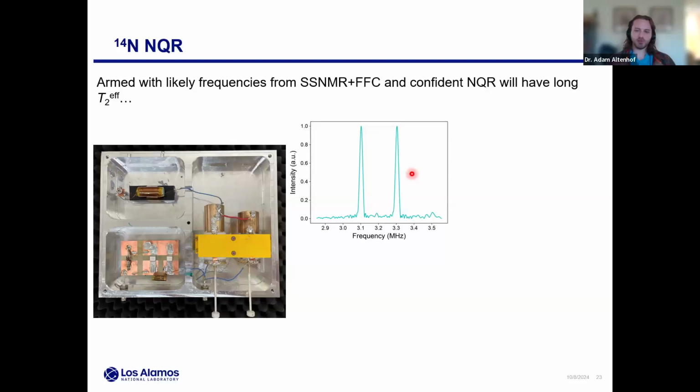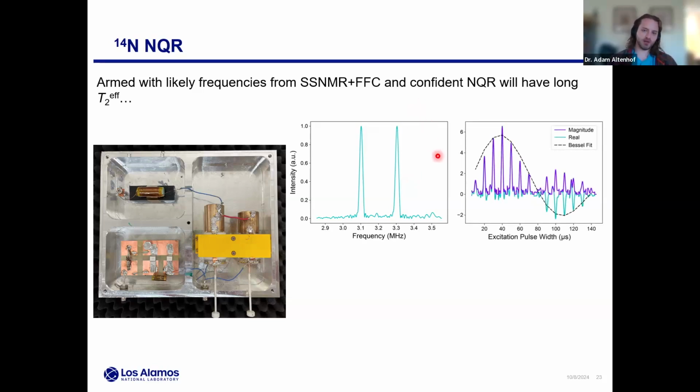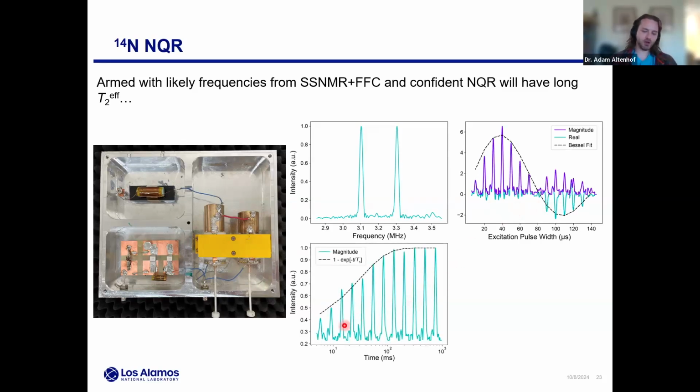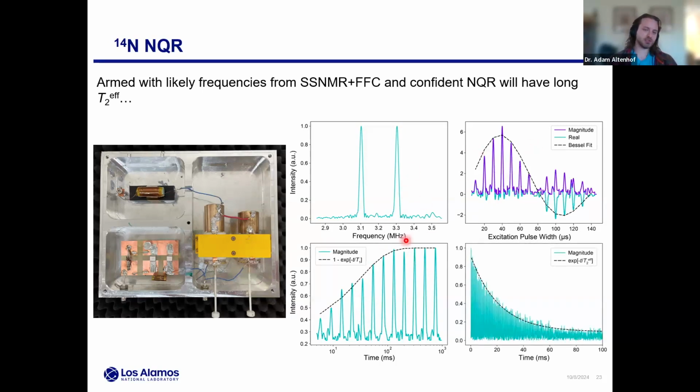And we get pretty paranoid working in this low frequency world, to make sure these aren't interference or what have you. So we run through the gambit, where we run a nutation. We see this expected NQR damped oscillation. The NQR line should have a T1, and we can measure that with saturation recovery. In every case here, we're using CPMG to measure the signal. It turns out the T2 effective is actually quite long, giving us a really nice SNR boost and speeding up the acquisition just at room temperature. So definitely very fortunate for the good relaxation times here.